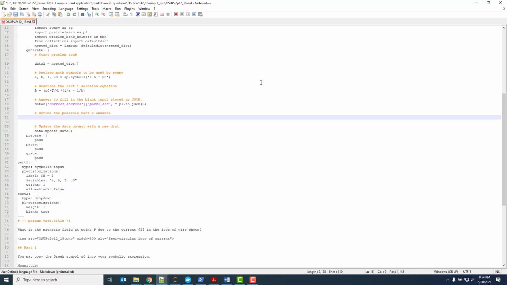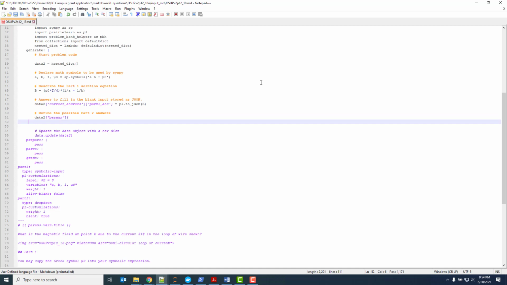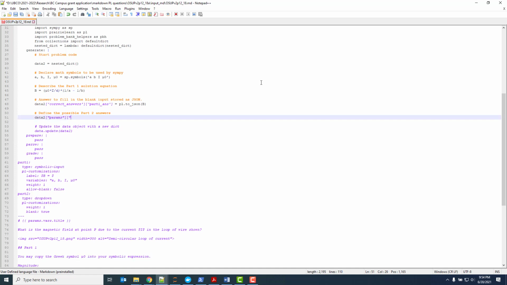Okay, now the syntax is data2 params in quotations and square brackets, and then part 2 in quotations and square brackets, and then answer 1 in quotations and square brackets, and we're going to have an answer 2 and an answer 3 as well, and then value in quotations and square brackets, and then we set that equal to whatever we want that